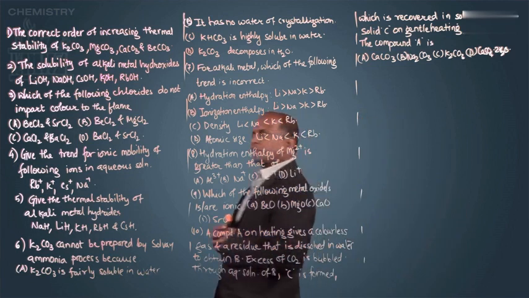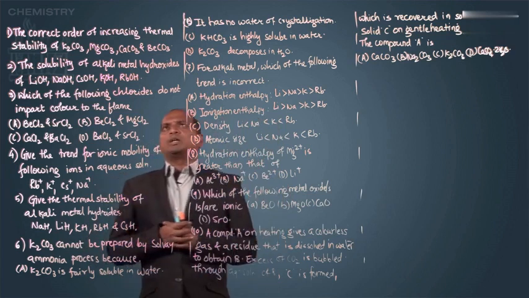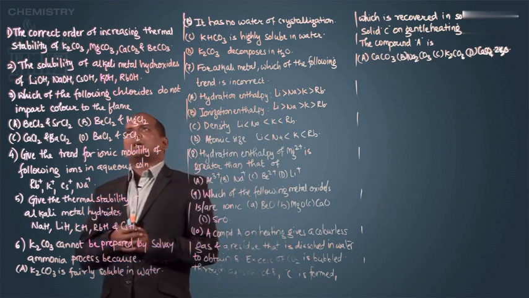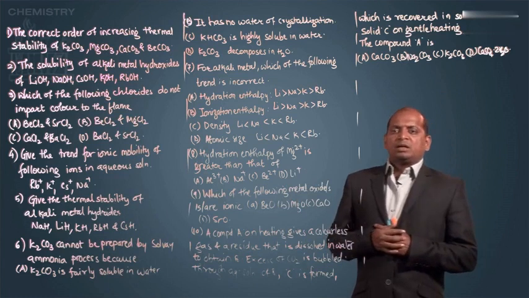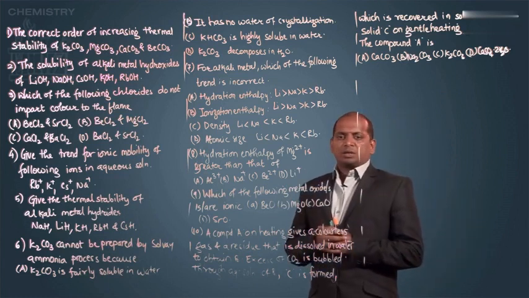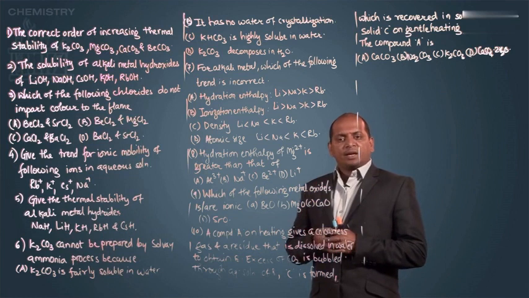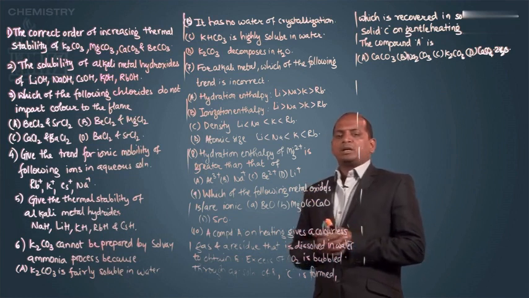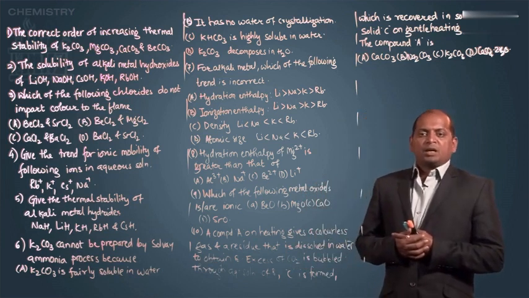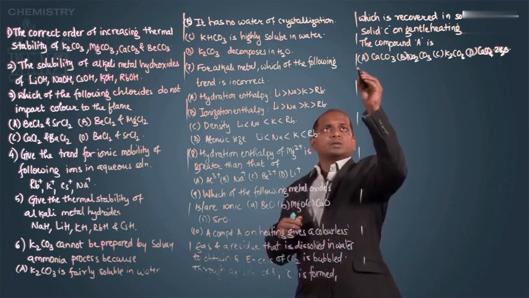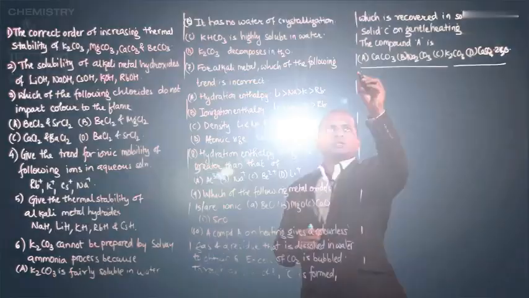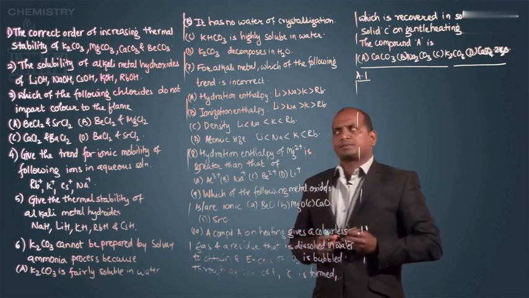So if we go for the first question, the correct order of increasing thermal stability of K2CO3, MgCO3, CaCO3 and BeCO3. So we are going to write here the correct order of thermal stability. Thermal stability means after heating it undergoes decomposition. So which carbonate undergoes decomposition very easily and which will not? So that we have to discuss here. So answer for the first question,